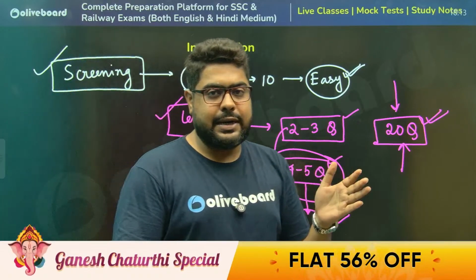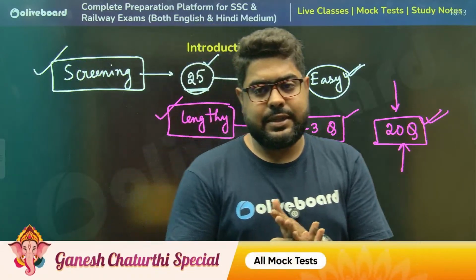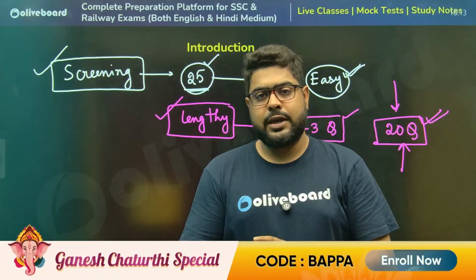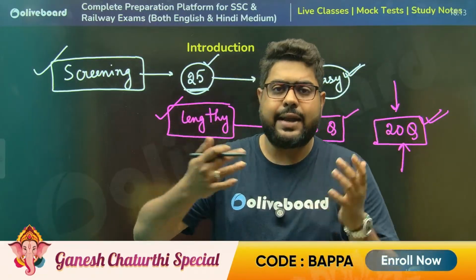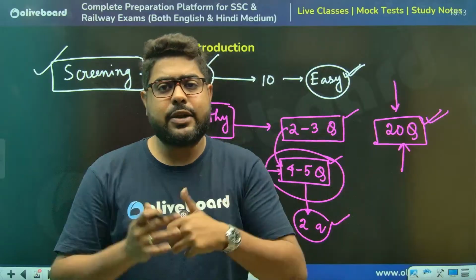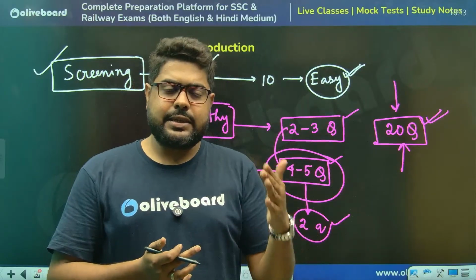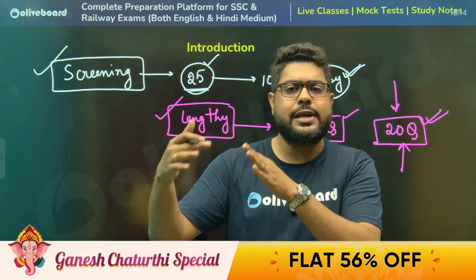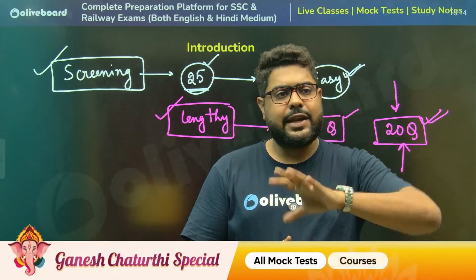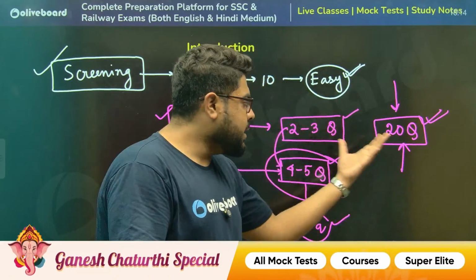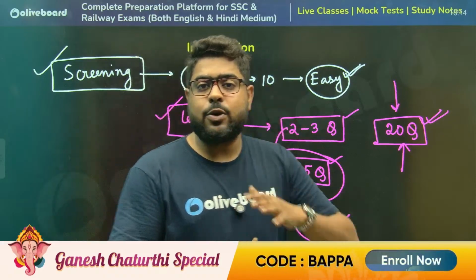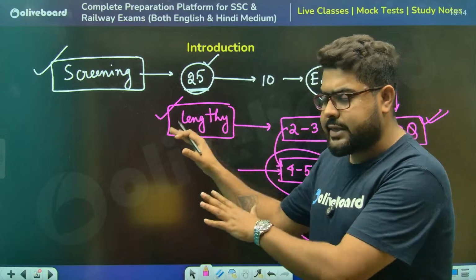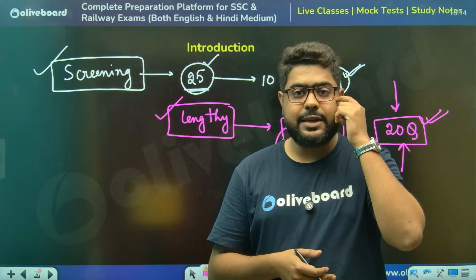Please understand, the tougher and trickier the exam gets, the more of a role strategy plays. If you go for a higher level, CAT is a very good example, everybody knows. The role of strategy in CAT is almost 40%. 60% is your knowledge and preparation, and 40% is strategy. Say SBI PO mains, banking mains, is definitely a very high level exam, at least from the point of view of mathematics.